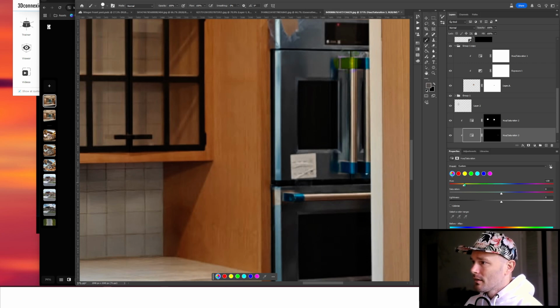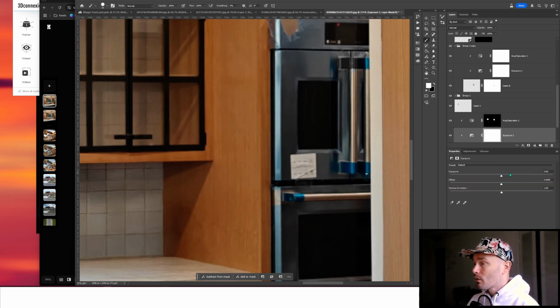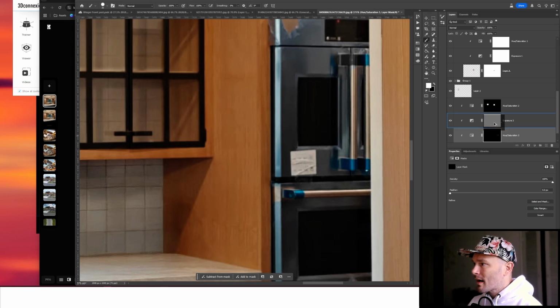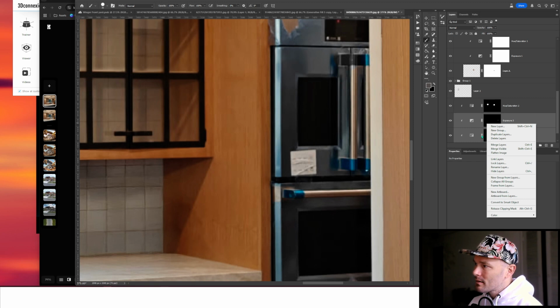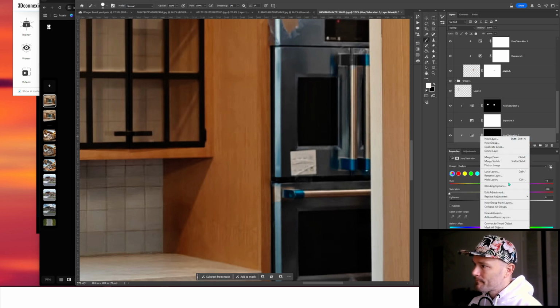And I bet this is just a stainless steel deal, so we might just pull the saturation out of it completely and lighten it. And the lightening it is the problem here. So here's the next part. We're going to add an exposure adjustment layer or curves. You could do either. I'm going to go ahead and do exposure. I'm going to drag this mask into the other mask, and I think I get to just link these two. Actually, I didn't need to drag that mask. In fact, we could get rid of both of these masks. So we could select one of these,